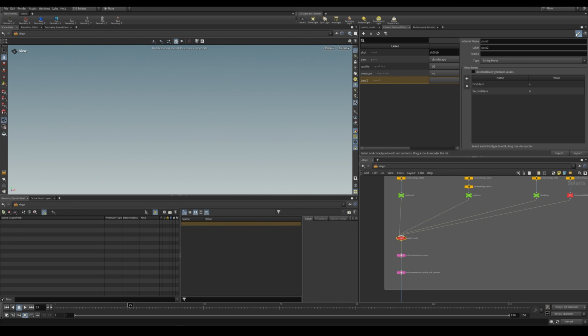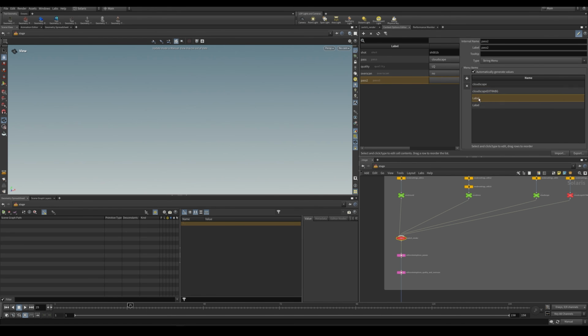Once you click this edit option, you can change the name of the item inside it and the value. Since we're going to use the name of the render here, and we want the value to match exactly with the name, we can just use automatically generate values, so we don't need to input it twice. So first I call it cloudscape, and then we're going to render the cloudscape extra background,